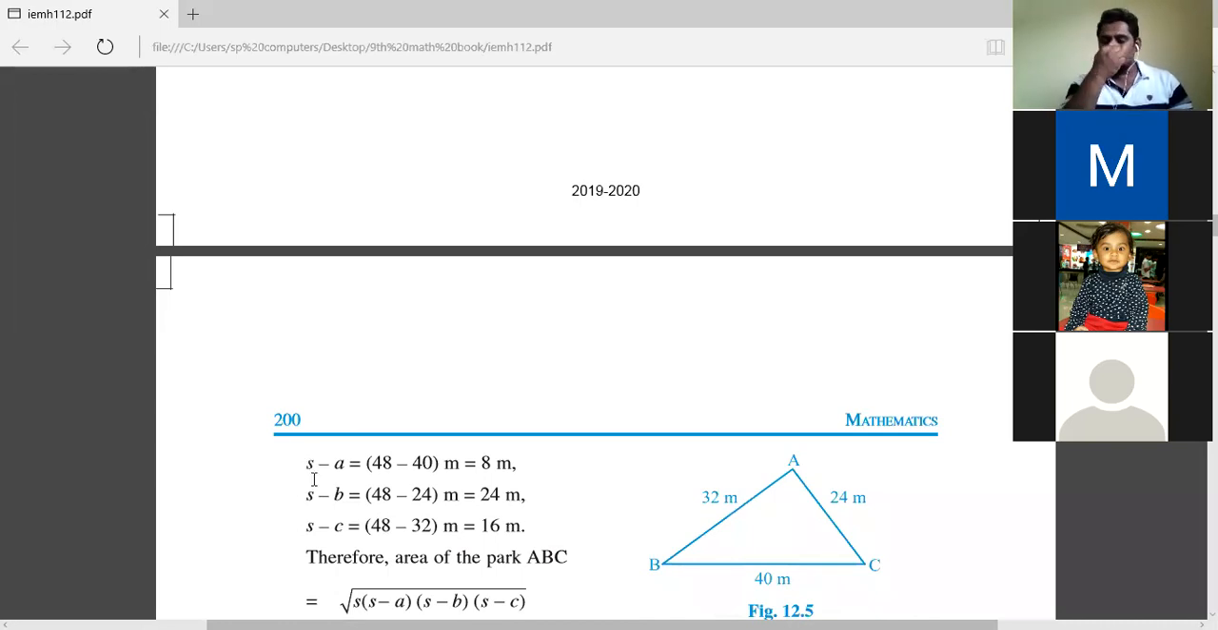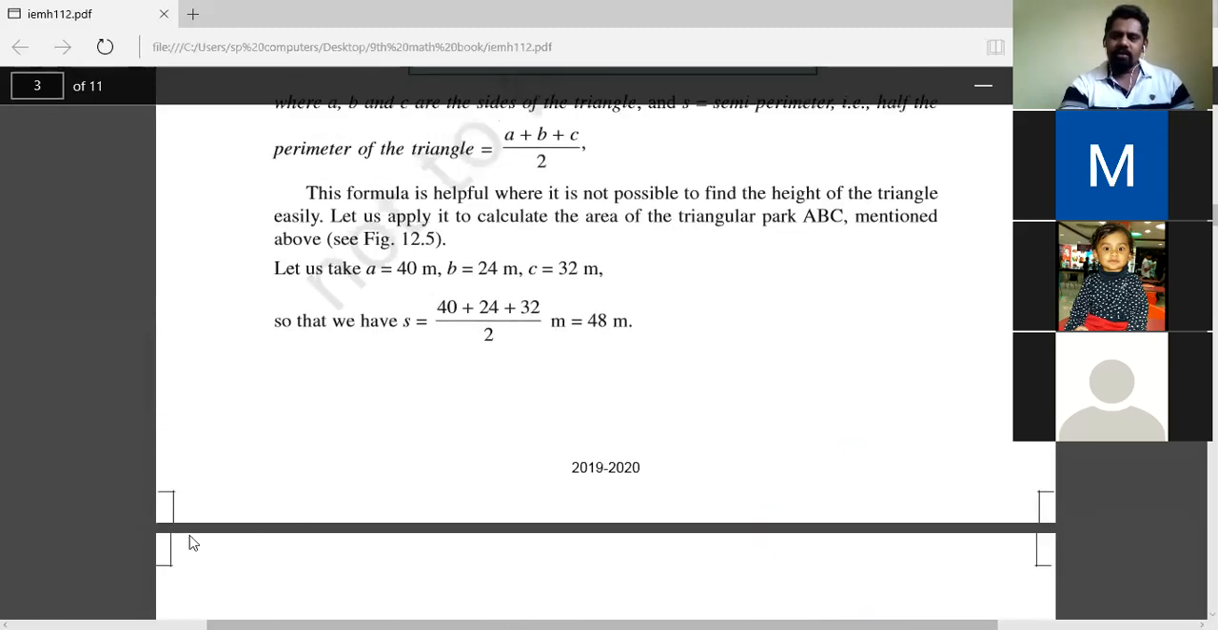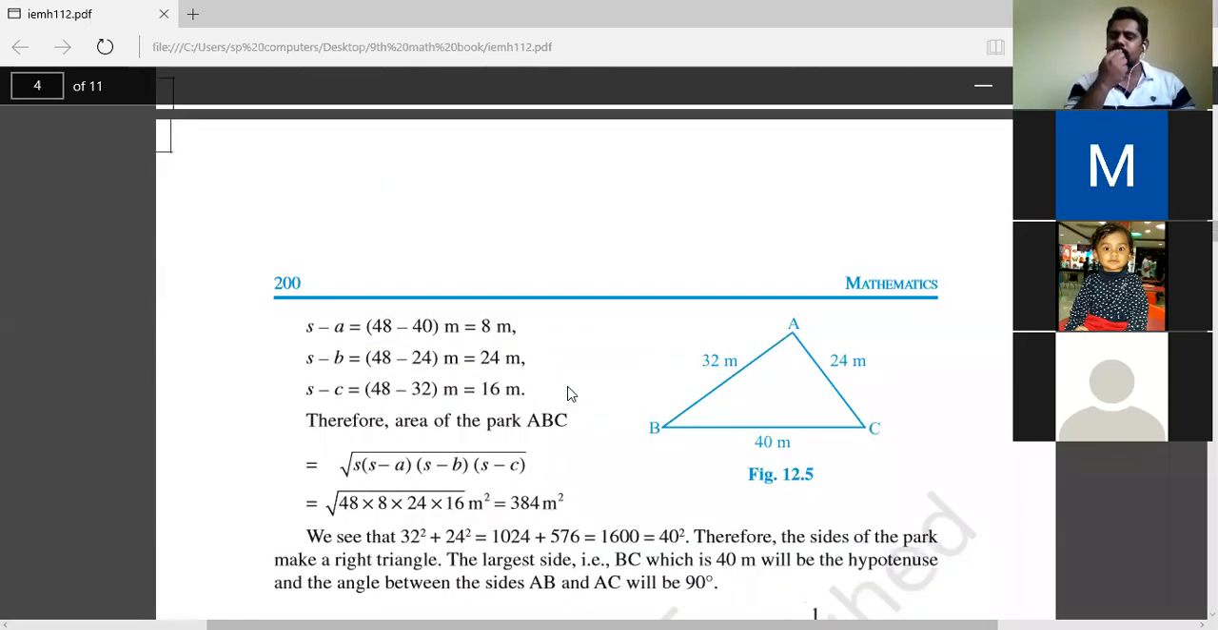So what are the values in the square root? We got the s value. s is available to us, s is 48 meters. Then s minus a is needed. s minus a is 48 minus 40, which is 8 meters. Then s minus b is 48 minus 24, that is 24 meters. Then s minus c is 48 minus 32, that is 16 meters. Therefore, the area of triangle ABC, the triangle given to us,